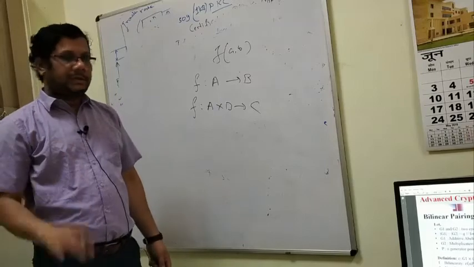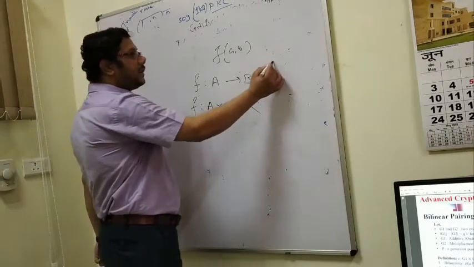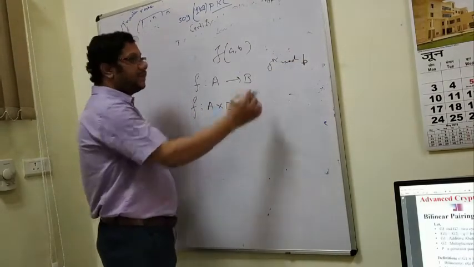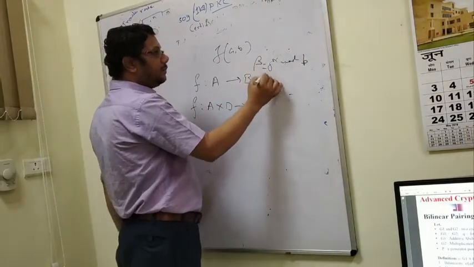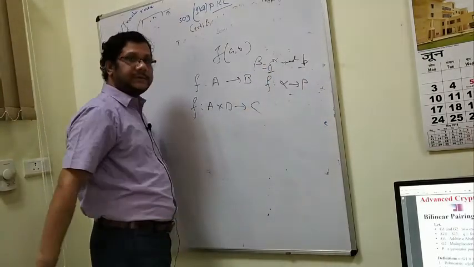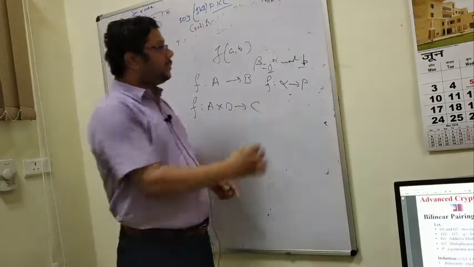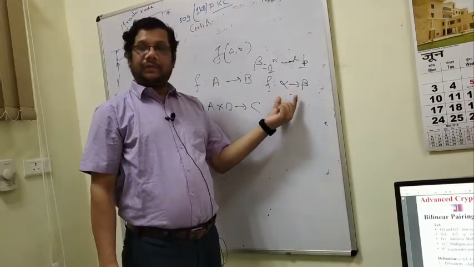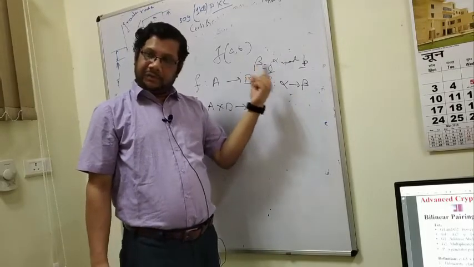But bijective function, inverse exists. Remember, this g power alpha mod p is a bijective function, meaning the inverse always exists. Beta is equal to g power alpha, meaning the function is from alpha to beta, where g and p are constants. Alpha to beta. This mapping is actually a bijective function, meaning for every beta we have a unique alpha.